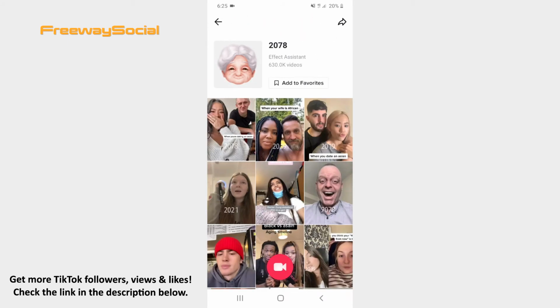Now you can add this filter to your favorite section by pressing on the corresponding icon, or you can hit the camera button at the bottom of the screen and record a video using the alt face filter. That's it! I hope this guide was helpful and you were able to get an alt face filter on